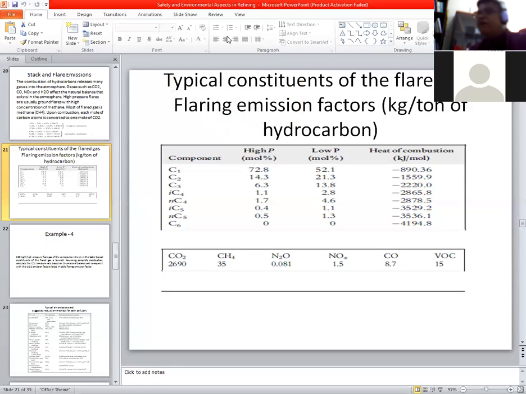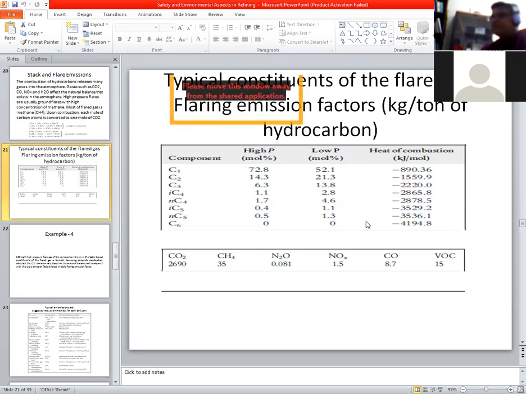So we have calculated two ways for the calculation of mass flow rate of carbon dioxide. One is based on emission factor. That is, if the emission factor is given, emission factor times flow, we get the emission rate or mass flow rate here actually. If you refer to my earlier calculation, that is 269 kg per hour we got based on emission factor.